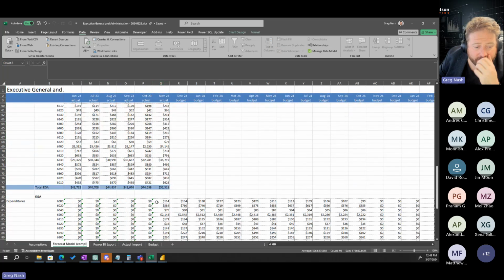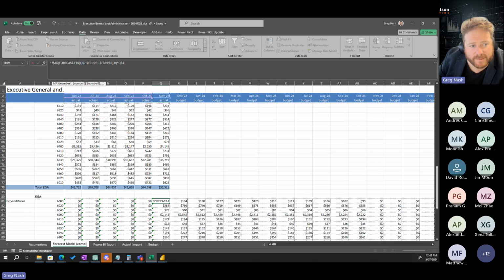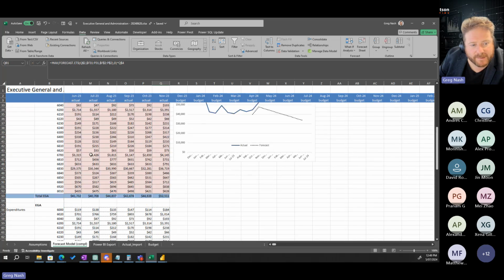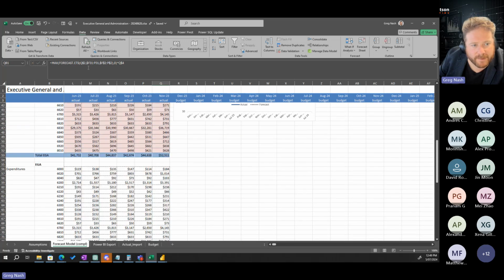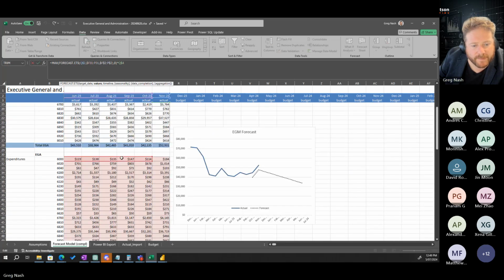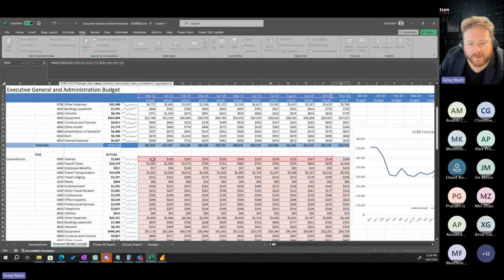Where I found it struggled is right at the very beginning. So this is the forecast calculation that happens, right? What it does is it takes, can we click in here and it'll show us? It does a forecast calculation based on all of the preceding months up to the month you're up to, so this is a forecast based on 12 months worth of